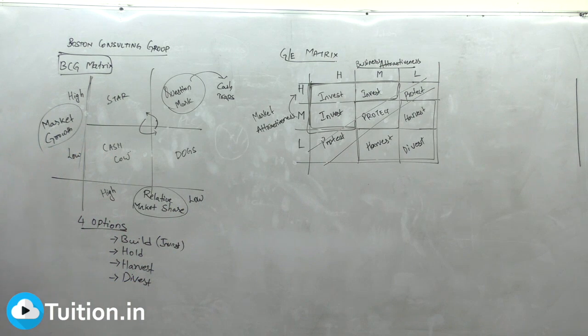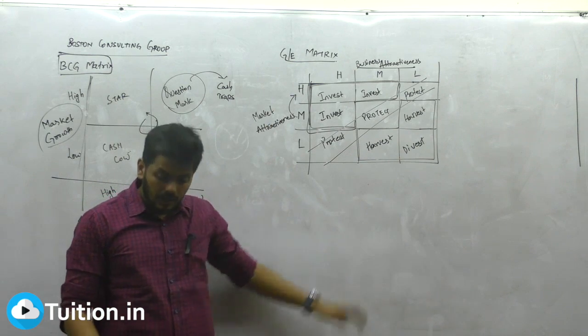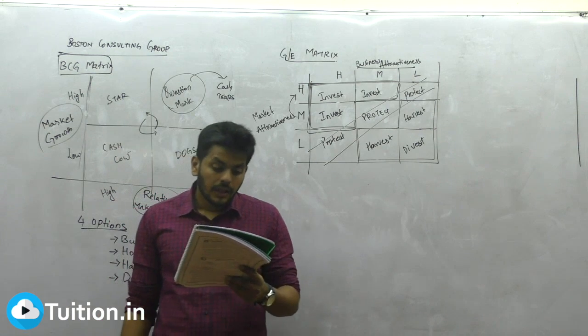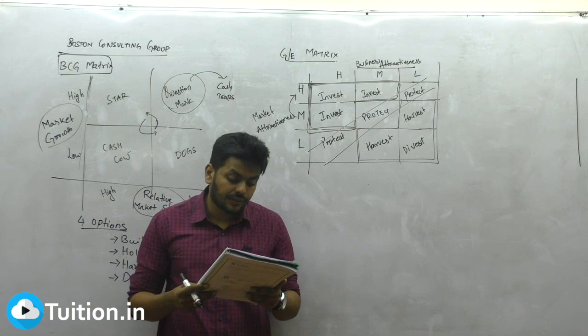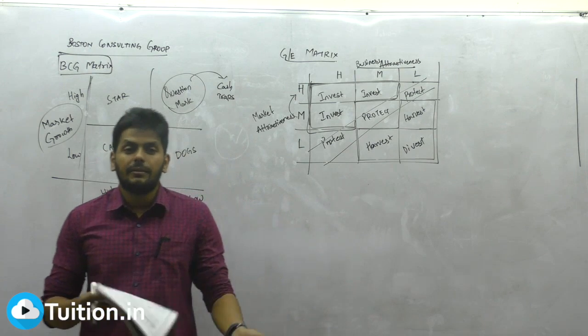Everybody, are you clear? Please read out for me what are the two factors here in the GE matrix. Market attractiveness and business attractiveness. And then what are you doing with these situations? You are investing, protecting, harvesting or divesting depending upon the concerns. Clear everybody? Continue reading. Each of the above two factors are rated according to criteria such as the following. The criteria used to rate market attractiveness and business position are assigned different weights because some criteria are more important than others. Which business is important will be defined based on some criteria.